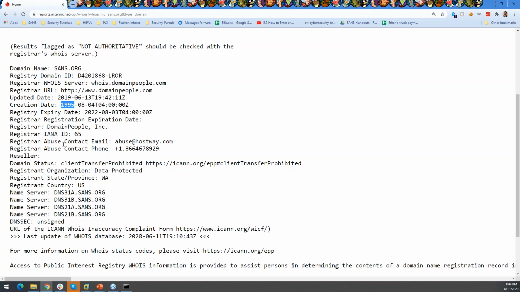So back in the 1900s, SANS registered their domain name. So this is pre-Jurassic as far as internet companies go. And then I can see that the record was last updated on June 13 of 2019, which happens in a few days. Now, the other piece of information that I'm really interested in here is, say, in 2022, August 3rd,